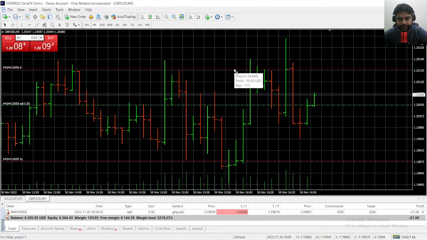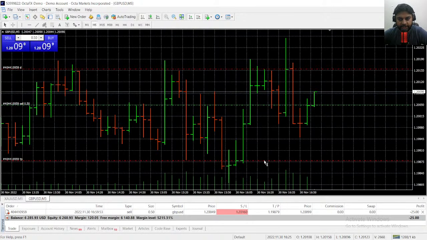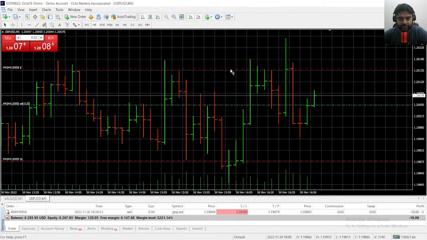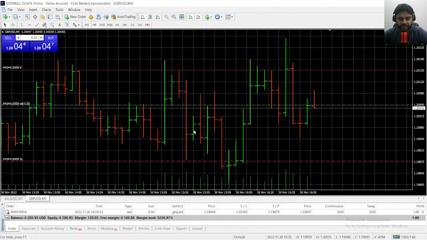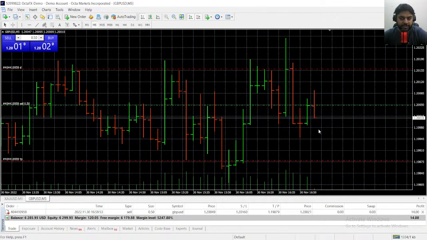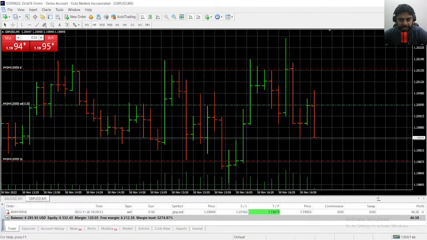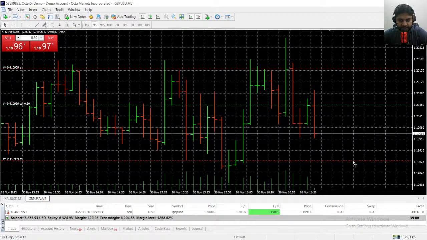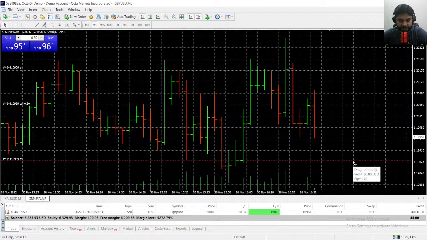Let's see what happens. The market is going up or down, we don't know, and we are just waiting for the market to show us. So this is the news bar. Remember, this is the news bar. The news has been announced already. I think the market has a lot of difficulty going down, so I don't know if we should close the trade over here with some profit.